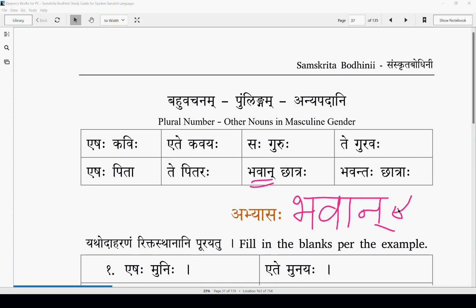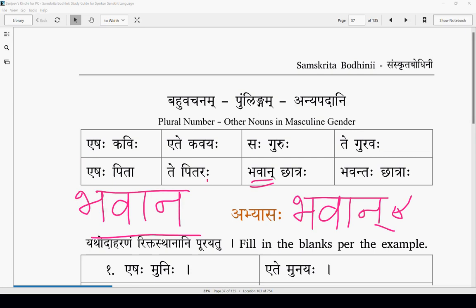Bhavan, it cannot be pronounced. In theory, it cannot be pronounced. But we want to pronounce it, right? We want to pronounce. Then what are we going to do? So, if we say like this, let's say, how do we say this one? How do we say this? There is no consonant at the end.